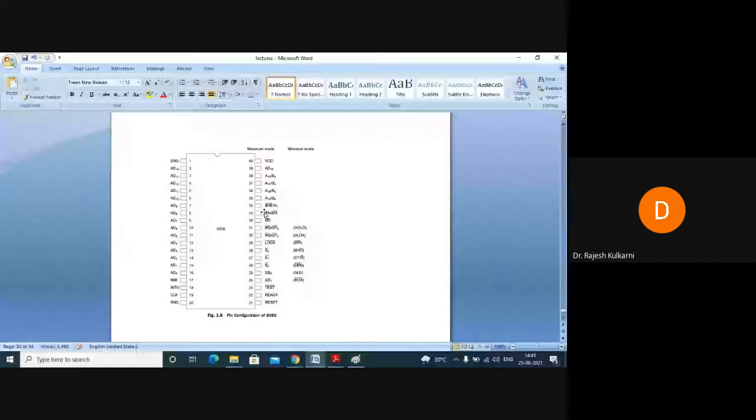If this BHE bar is set, we are saying that data transfer is occurring over the data lines from D8 to D15, the higher order data lines. So D8 is here. From D8 to D15 means here. Higher order data transfer is occurring whenever this BHE bar is enabled. As it is enabled, it will be low. And that too, it will be in the T1 state of the cycle. As far as status is concerned, the status will be reflected in T2, T3, and T4. Okay.